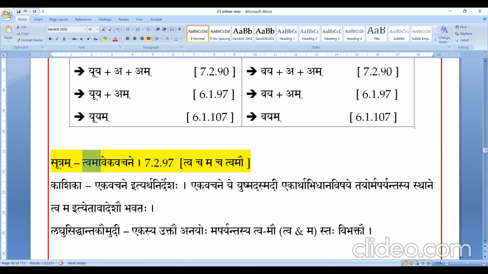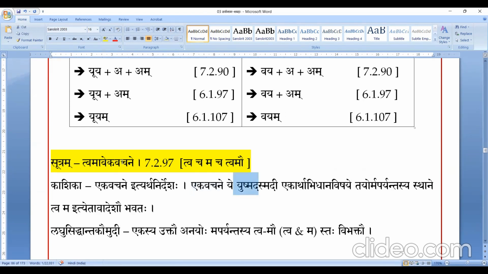Tvamau it is. Tva and ma, like Ramascha Lakshmanascha, Rama Lakshmanau. So it is Ekavachane. Ekasya vachanam ekavachanam. Vachanam is kathanam. Ekasya vachanam ekavachanam, tasmin ekavachane. So ekavachana iti nirdeshak, ekavachane ye